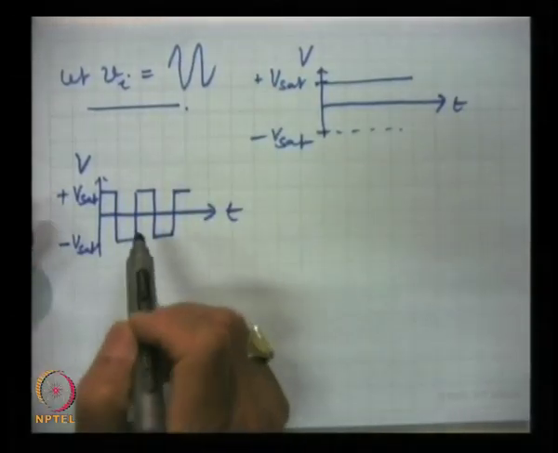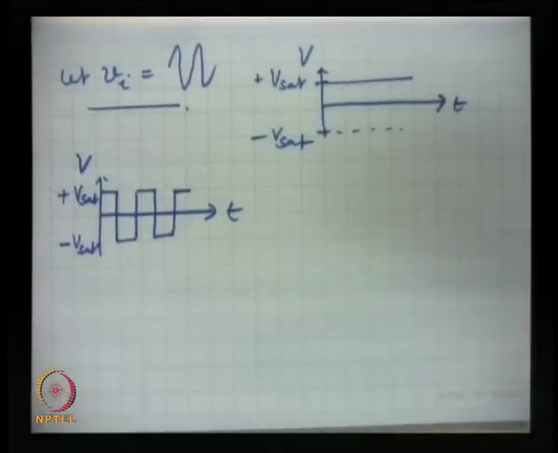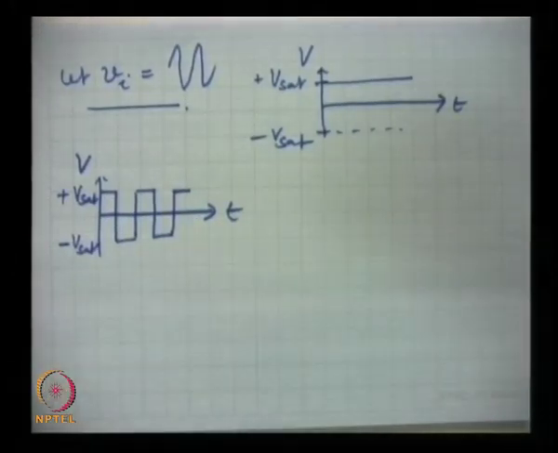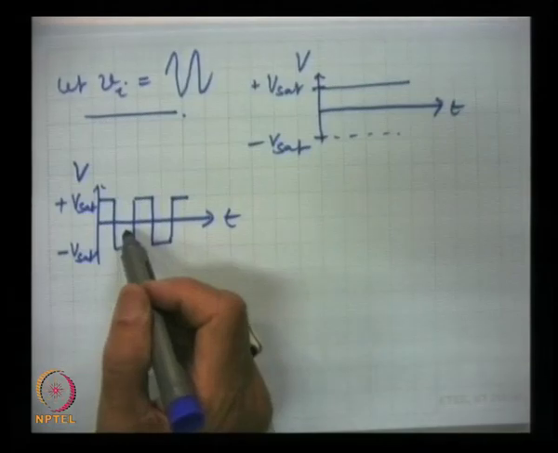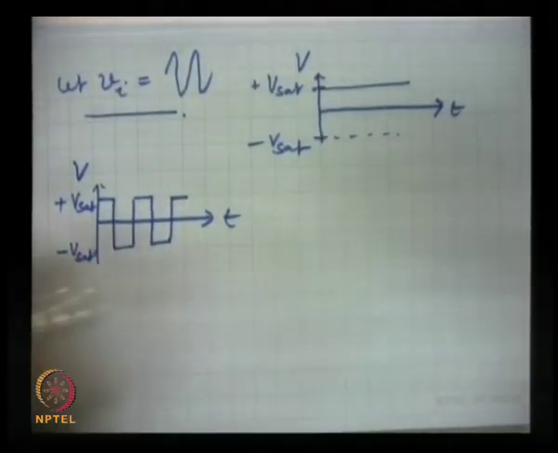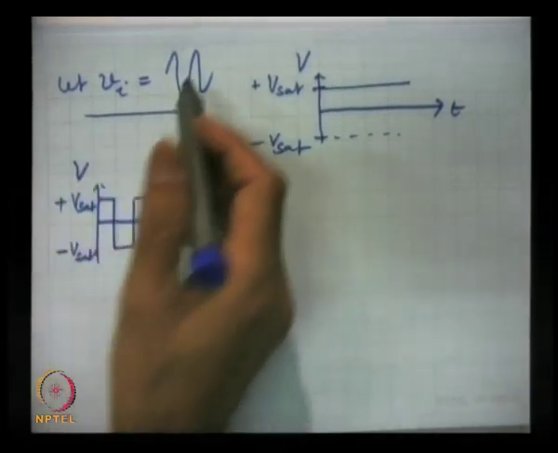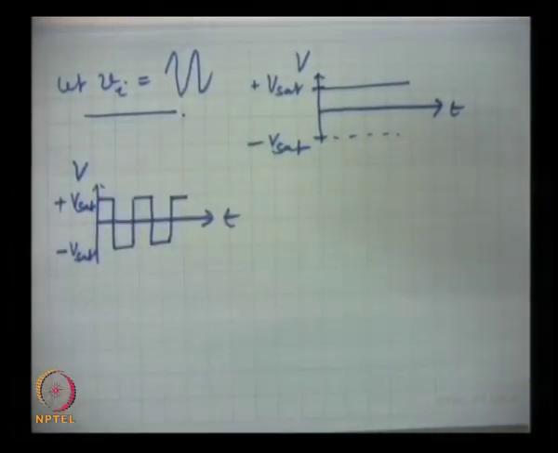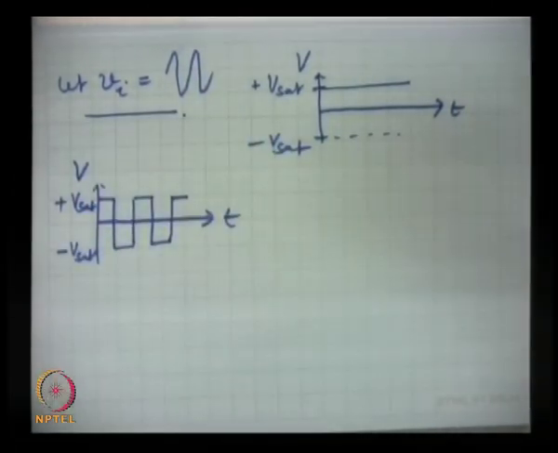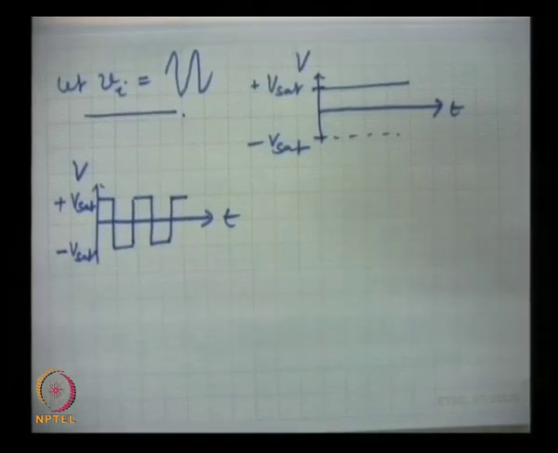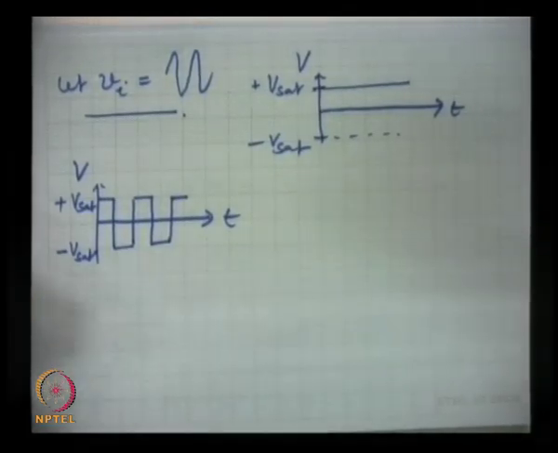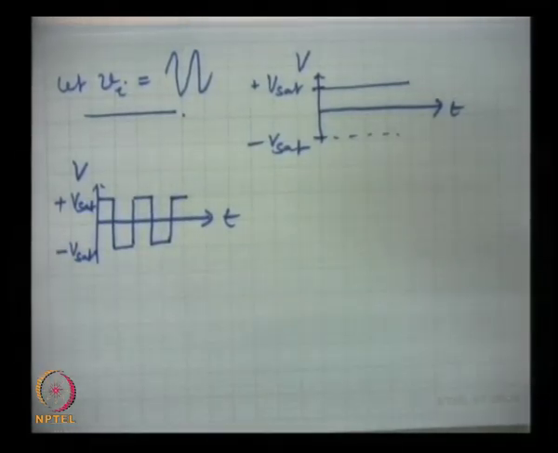Therefore, in open loop, an op-amp is rarely used, almost never used as an amplifier, because output will be a kind of square wave for a sinusoidal signal, and so this is highly distorted when we compare the two. The same thing will happen when we apply the input instead of the non-inverting input,